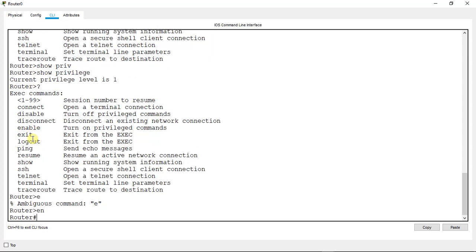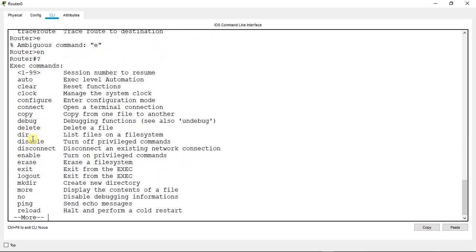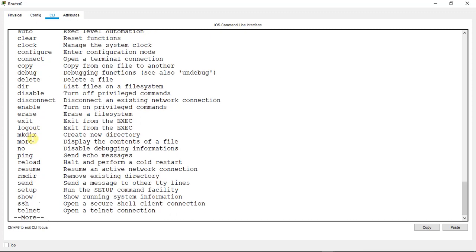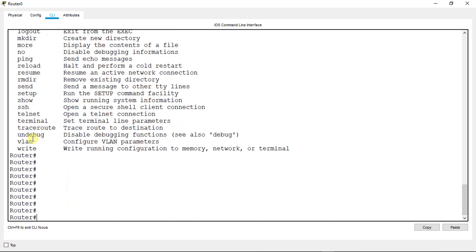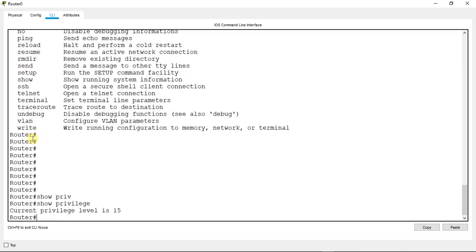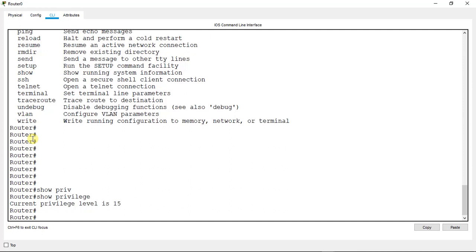If I hit the question mark again, you can see, wow, a whole lot more commands that are available on this mode. If I type enter, it's going to show me more commands out there. If I show privilege, it's going to show me, oh, I have a privilege level of 15 in this mode. So yeah, the next mode, like I told you, in this mode you can do configuration, you can perform